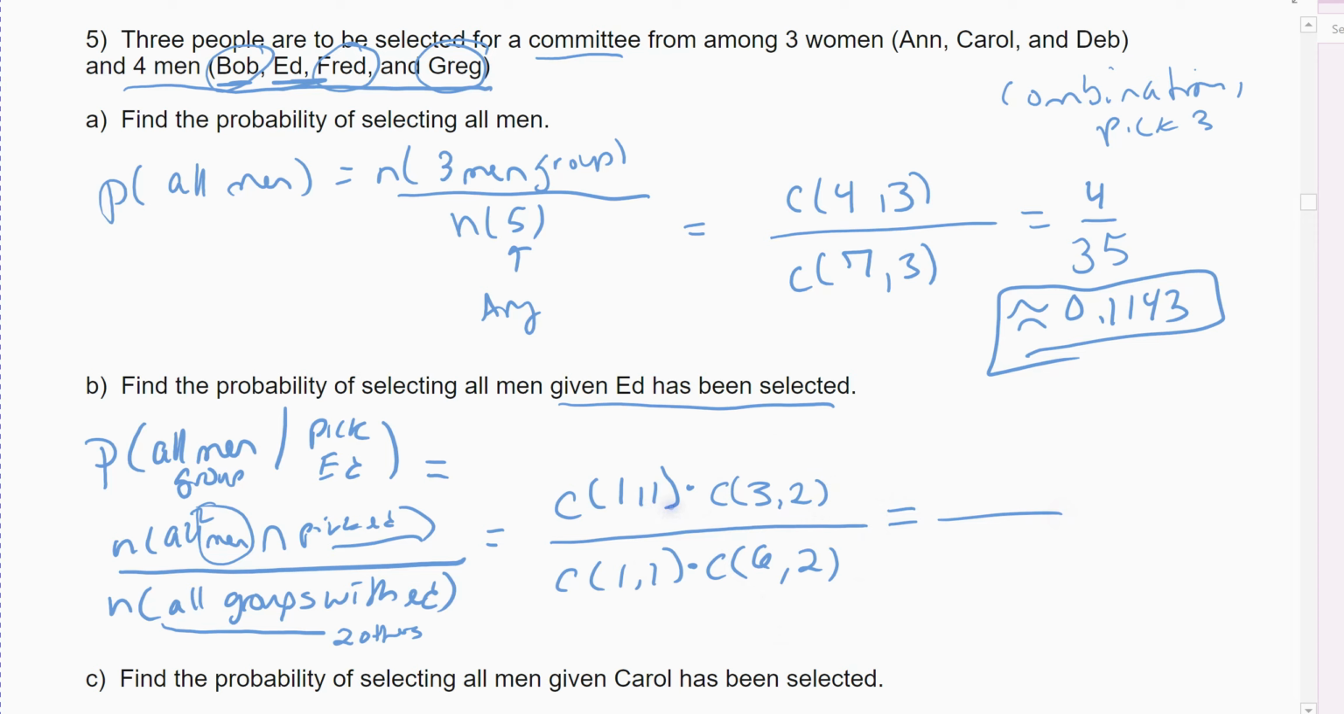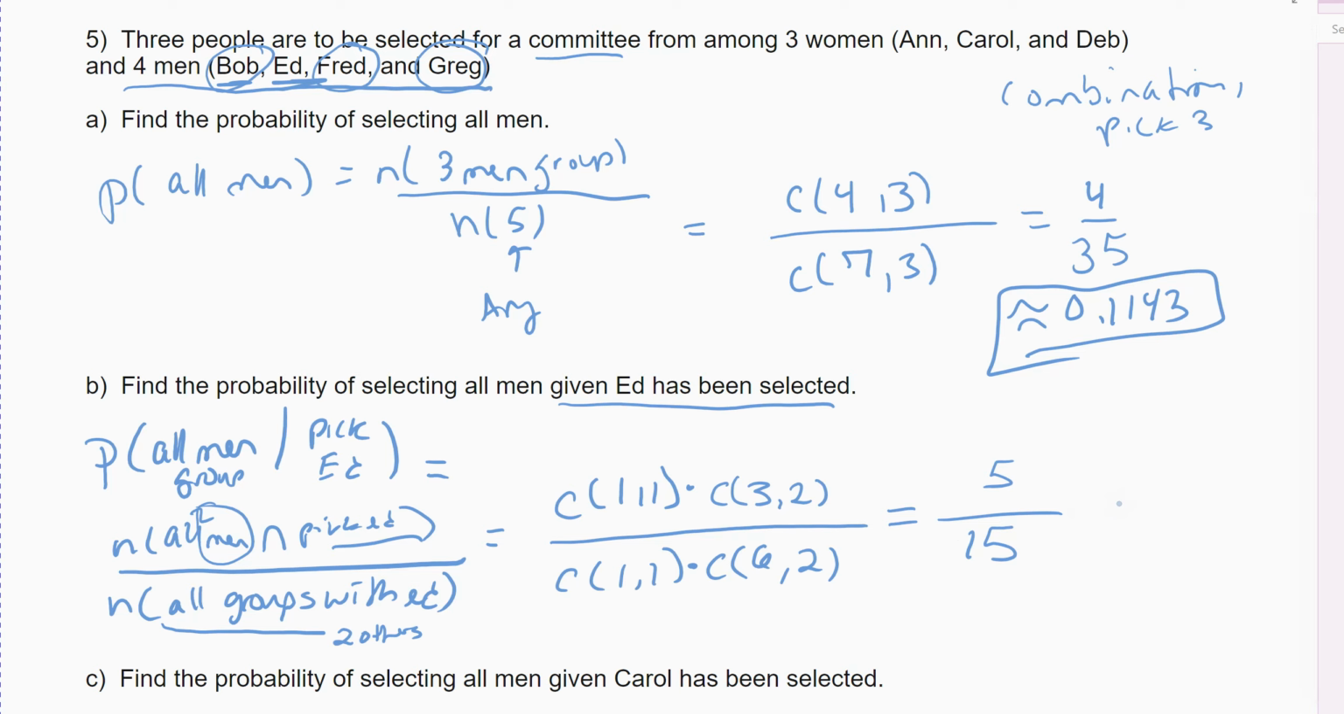Combination 1 choose 1 is just 1. Combination 6 choose 2 is 15. Combination 3 choose 2 is 5. And so remember, from our previous problem, there were 35 total committees. This means these are the 15 of the 35 that contain Ed, meaning the rest of them, 20 groups, don't contain Ed. Out of the groups of 15 with Ed in them, 5 of them are groups that have Ed with all men. So 5 out of 15, and then you find the decimal approximation,